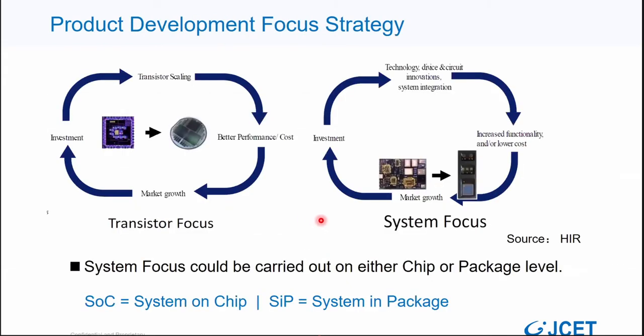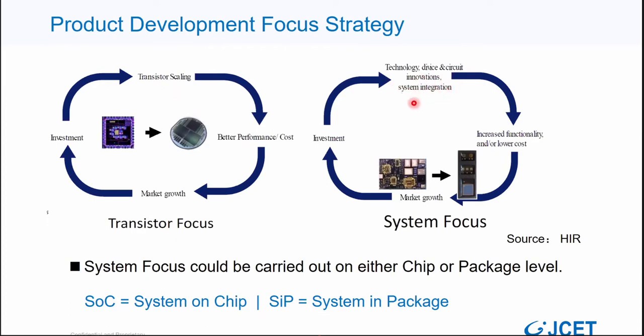From a product development point of view, we typically have different approaches. One is transistor focus, which basically tries to make transistor density as high as possible. So you consider more on transistor scaling, and then better performance per cost. Another view from the strategic point is to focus on the system level, which focuses more on increased functionality and lower cost, with more focus on technology, device and circuit innovation, and system integration from the